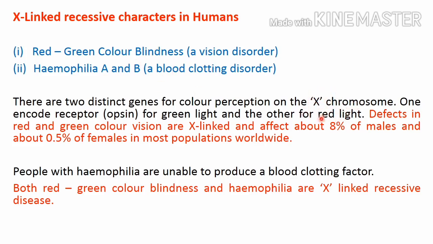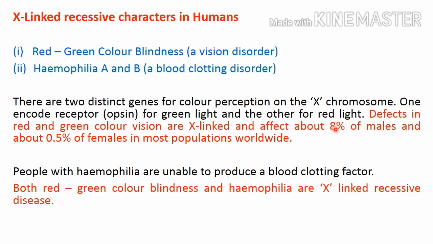if that X chromosome has a mutated gene for red and green color sensitivity, or for the protein for blood clot formation, if the genes present on the X chromosome are mutated, then that male or that individual will be affected. So in the majority of cases these two types of diseases are generally observed in males, because